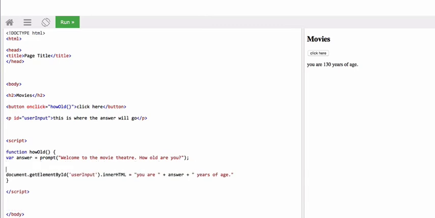What we're going to do here is, I'll just do it as a comment for now, but we essentially want to set up that if the answer is, let's say, less than or equal to 15, then still find this element, but change its inner HTML from that text that we have there